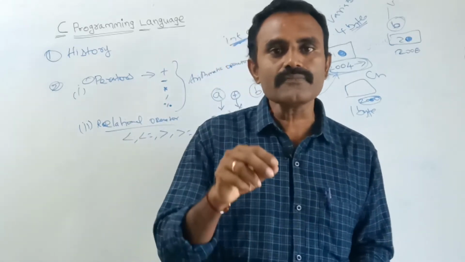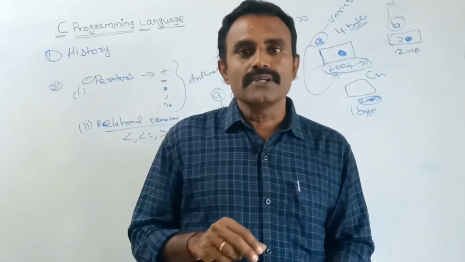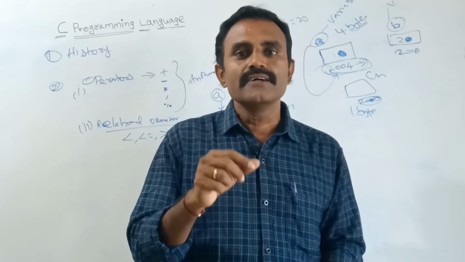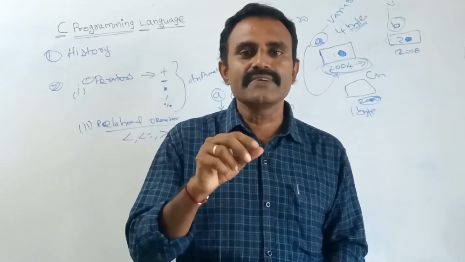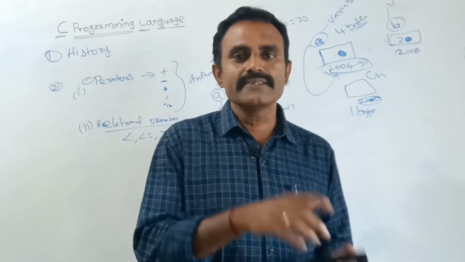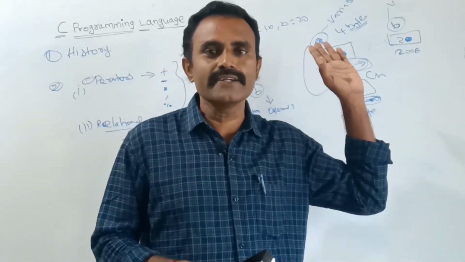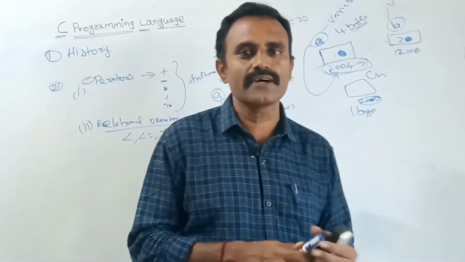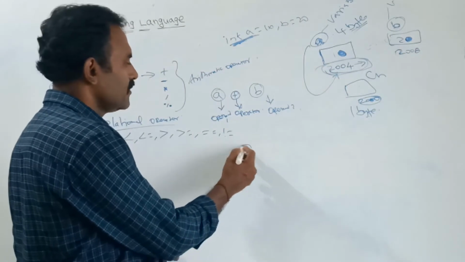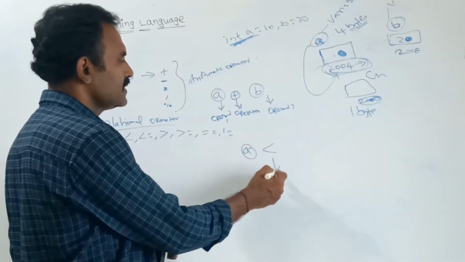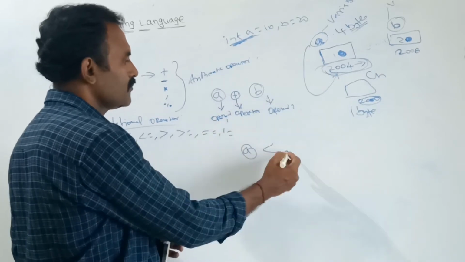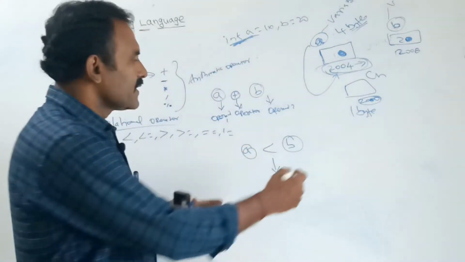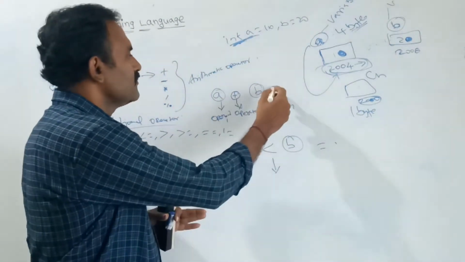So let us see some examples. Suppose I want to check which of two numbers is the smaller number; in that case we can use the lesser than operator. Let us see the same example. I have declared integer a is equal to 10, b is equal to 20. Suppose I want to check this condition, here a is the operand and the lesser than symbol is the operator, and the second operand is b: whether a is lesser than b. Here it will return whether true or false. Here what will be written in arithmetic?